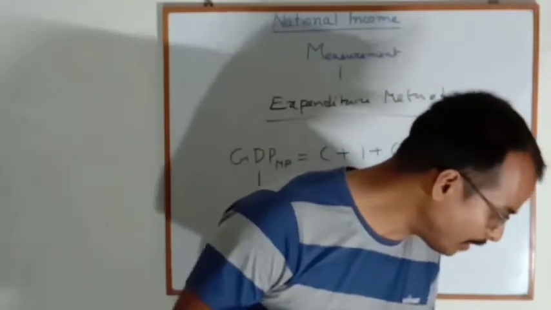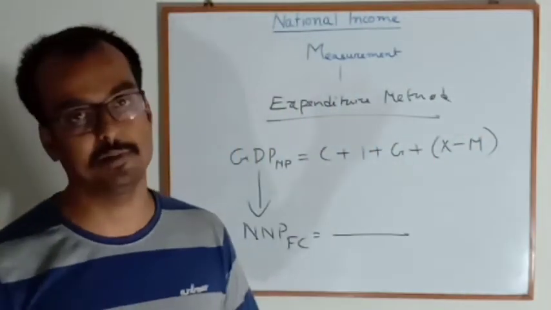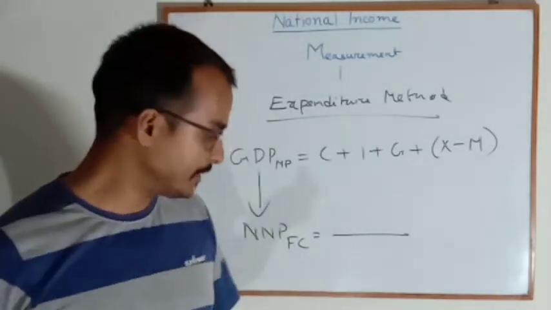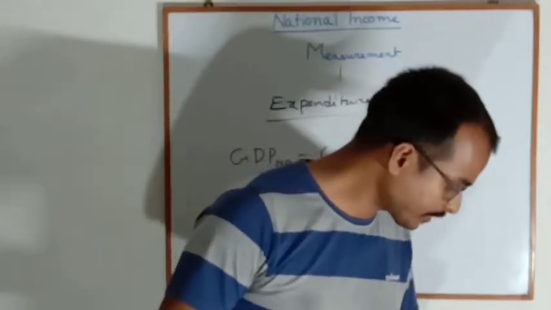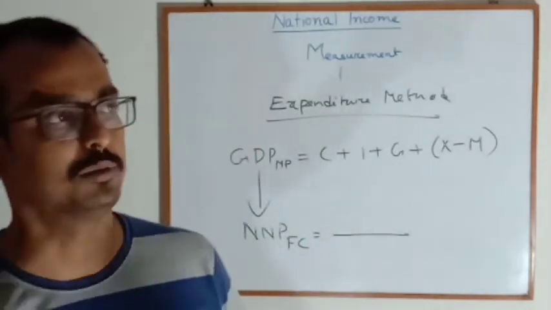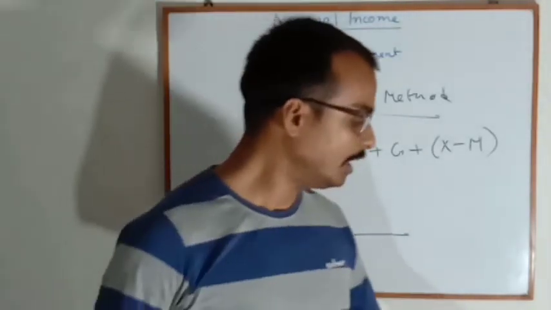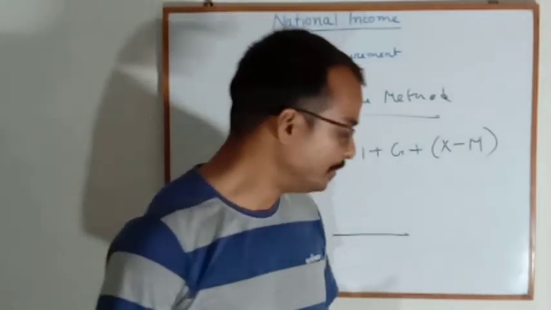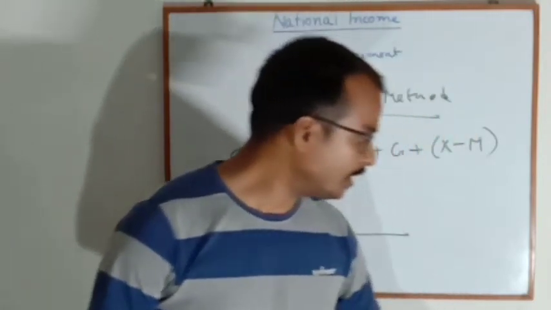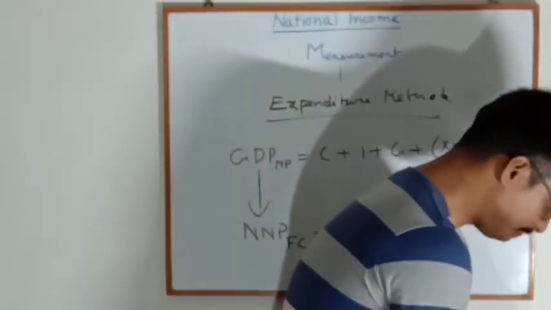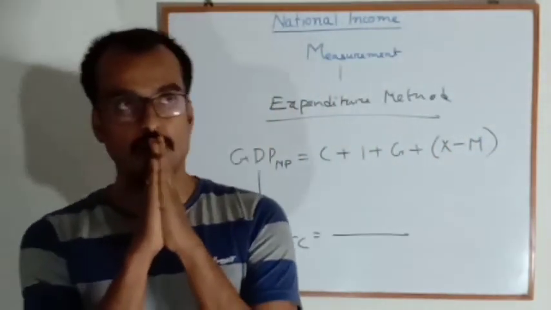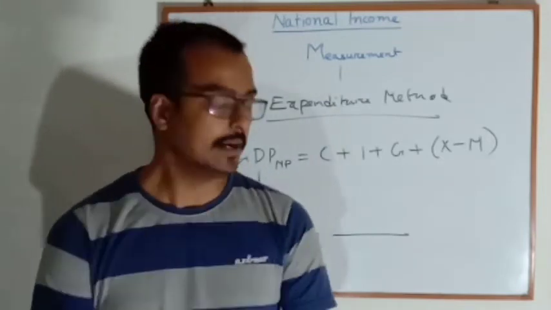Government expenditure in the form of transfer payment should be excluded. You know, transfer payment must be excluded, whether it is from our government or from foreign governments. And expenditure on intermediate goods and services should be excluded. That is common from the first method. We know what an intermediate good is, and how it should be excluded. So these are all the methods of measuring national income.